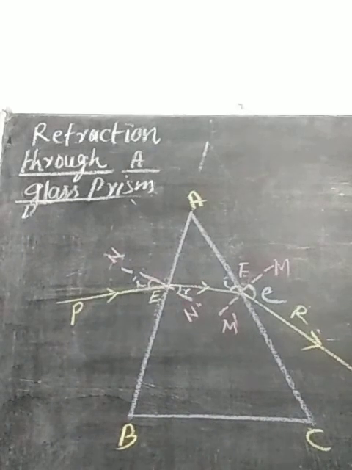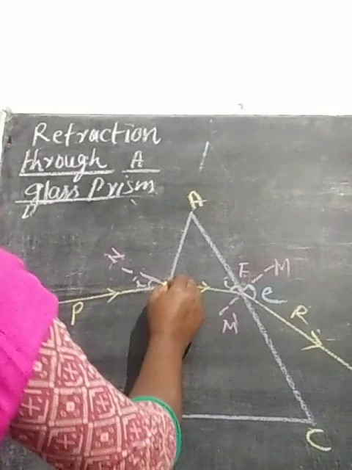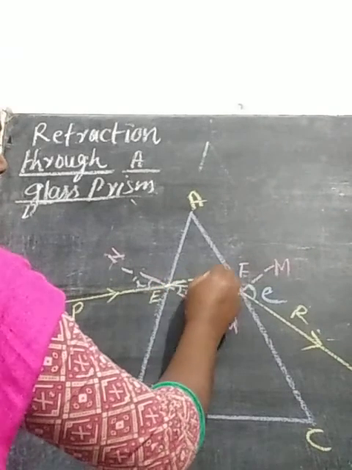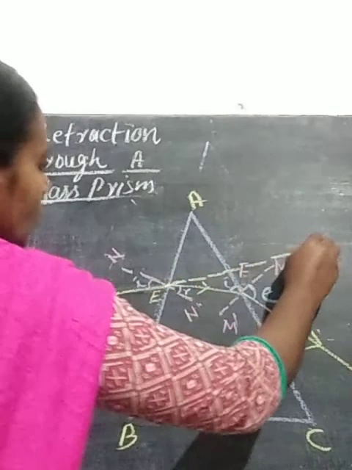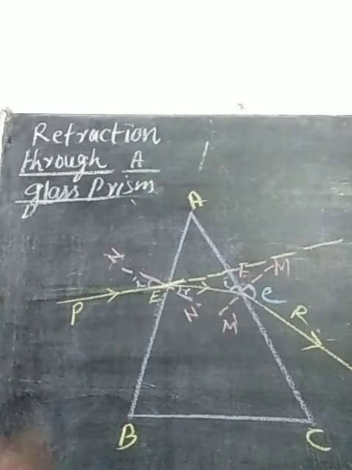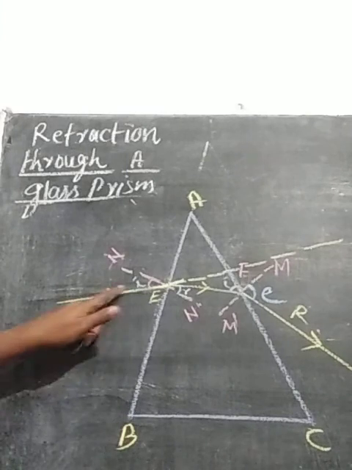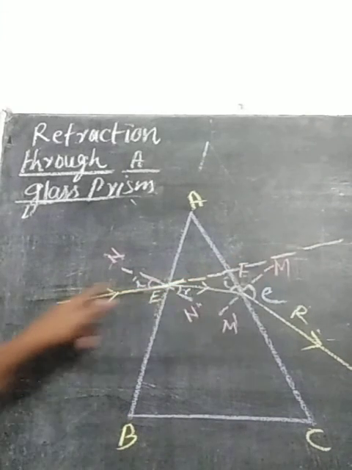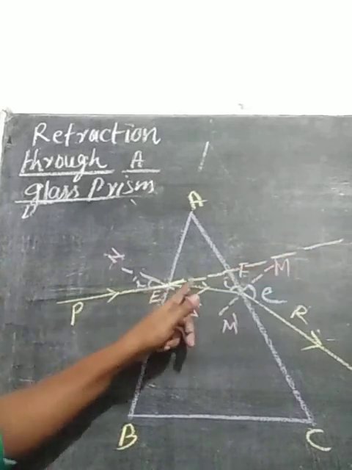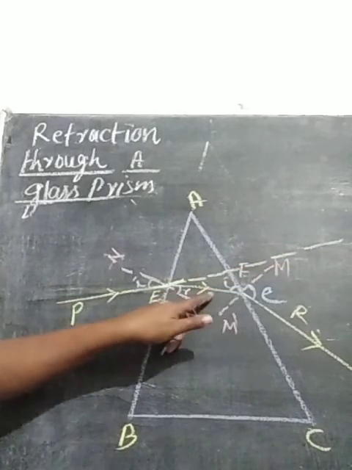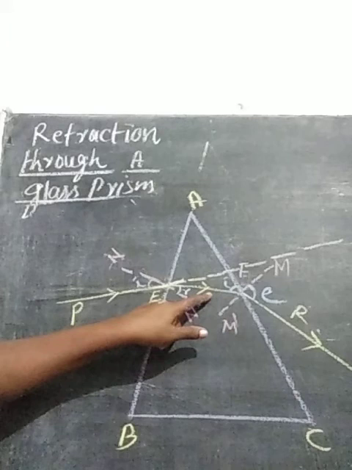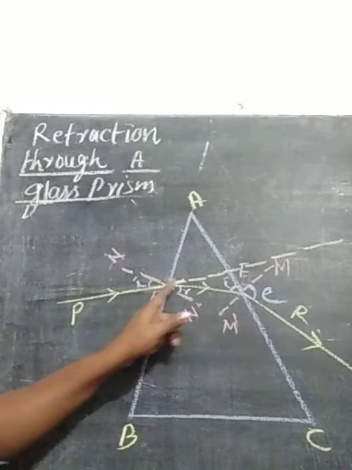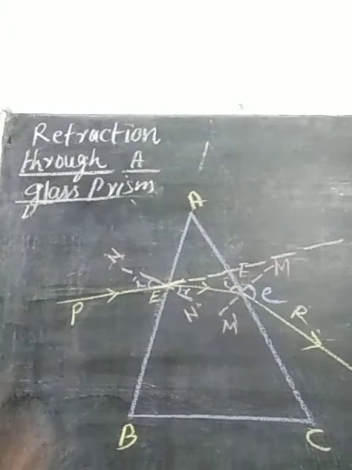What is the direction? If there is no refraction, this ray would go straight through this way. This is the normal path, the path through which the light ray can move without any bend if there is no refraction. So this is a straight line. We can extend the incident ray straight. The incident ray has bent only because of the refraction. If there is no refraction, the ray can move along a straight line. So this is the normal path of the incident ray.